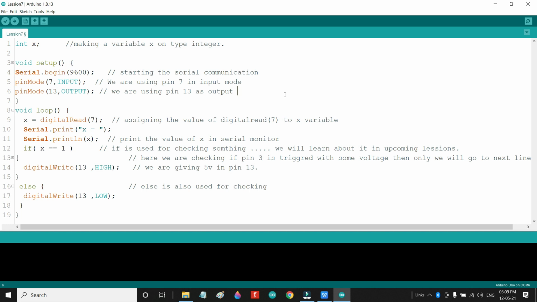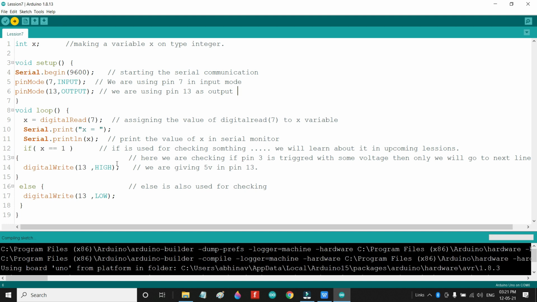I have already explained if else in the last video, so if you have any confusion go and watch that. So now this is our code, and we are simply doing the same thing that we were doing in the last video, meaning the Arduino light will be on when we give some voltage to pin 7, otherwise it will be off. But this time we will get a real-time value of pin 7 on our screen using the serial monitor.